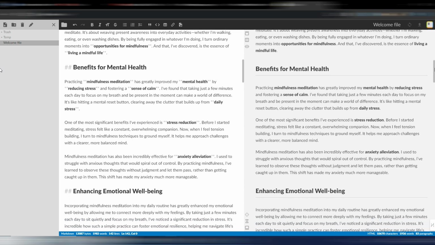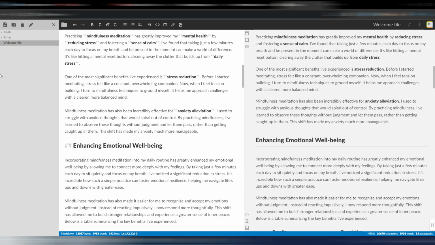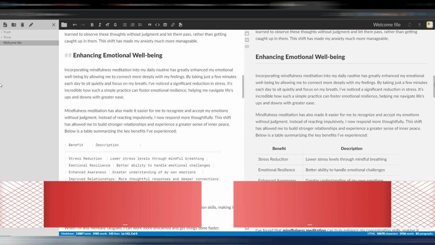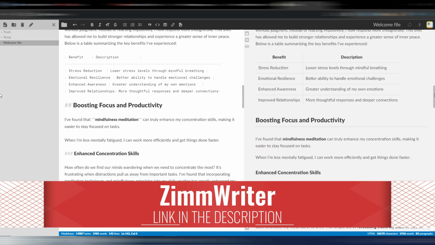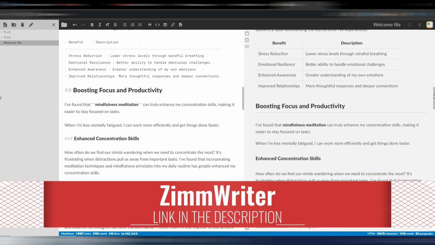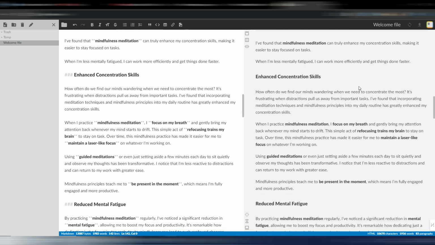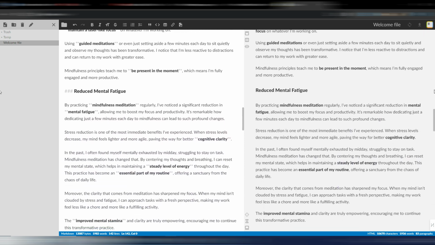Benefits for mental health, and again these 3 paragraphs, enhancing emotional well-being. With the 2 paragraphs we also have a table here, boosting focus and productivity, with some H3s inside because I choose this option in ZimmWriter, enhanced concentration skills, reduced mental fatigue,